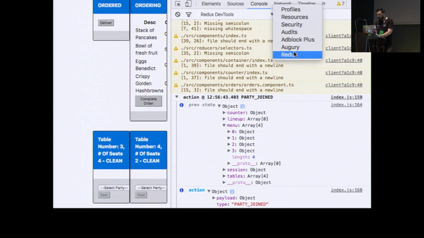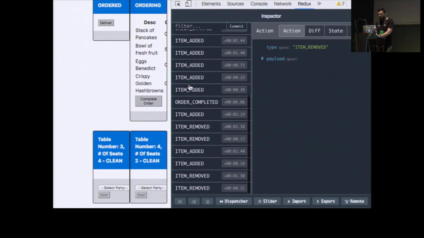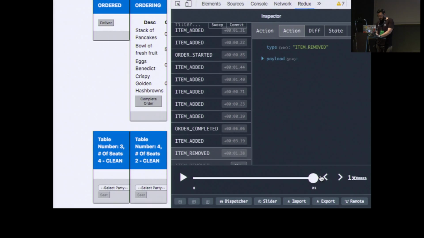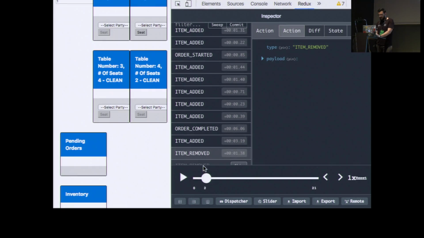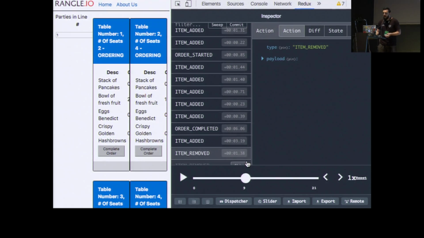However, you can also use the Redux dev tools to get a history of every action that's been fired, and start to rewind things, and even turn back time. You can have that time travel debugging within your application. This is incredibly handy for trying to debug and test applications. And another great feature is that